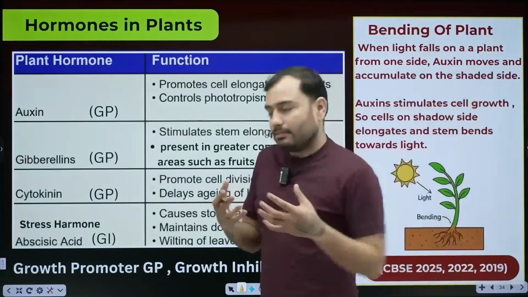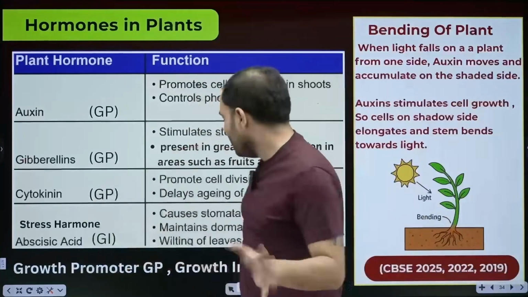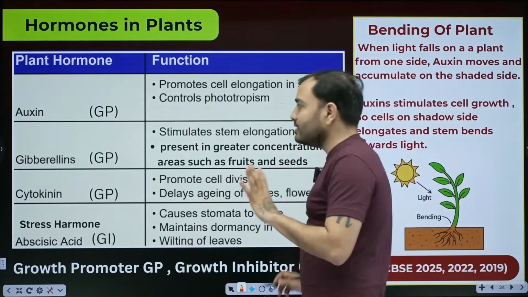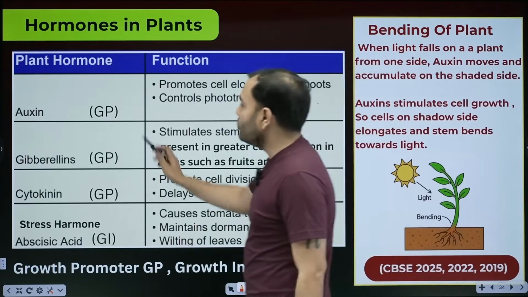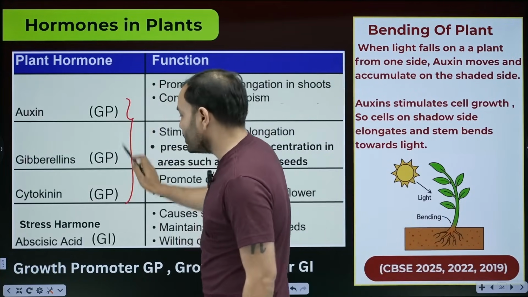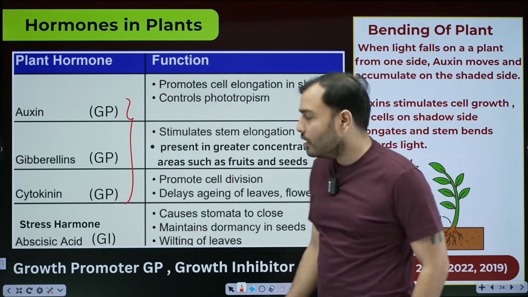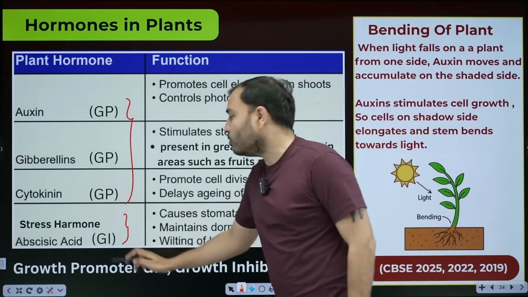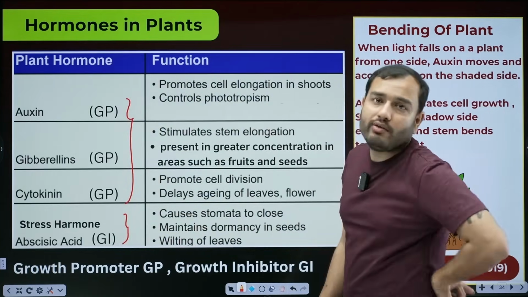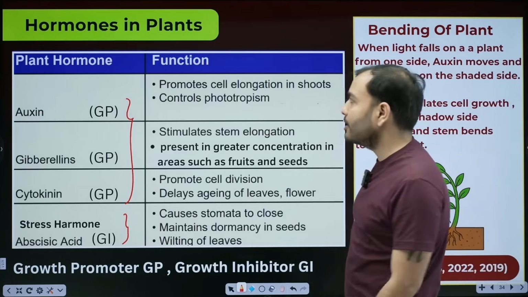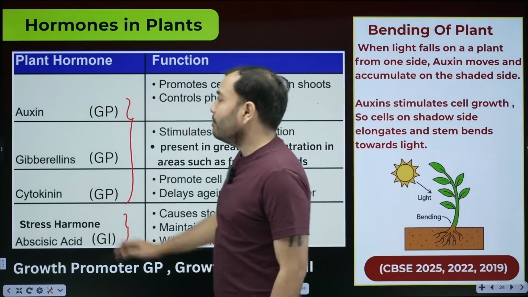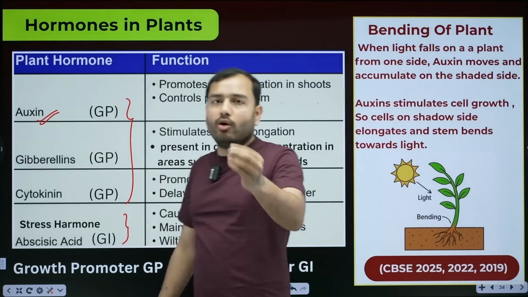Next, beta, just like animals have hormones, plants also have hormones, and they are very simple. Your NCERT gives only 4 hormones, write them. 3 hormones are those that promote growth, growth promoter hormones. 1 hormone is such that inhibits growth. There is one that stops growth too. Why? We'll figure it out. Plant hormones and their function. The first one is very important. The board asks about it a lot.